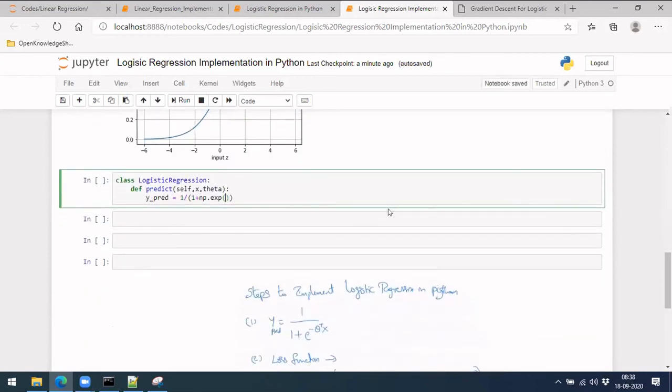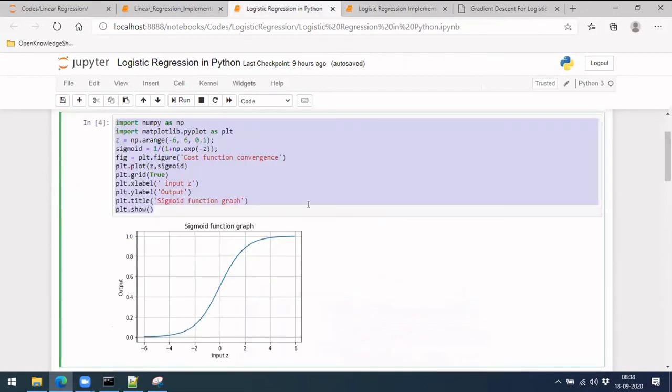And here minus 1 into, and we have to use theta transpose x or x theta, that is left to us to decide what we should be using.